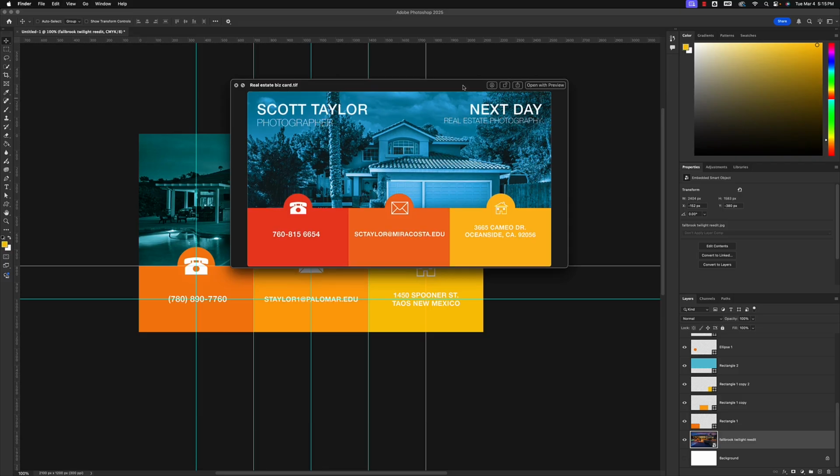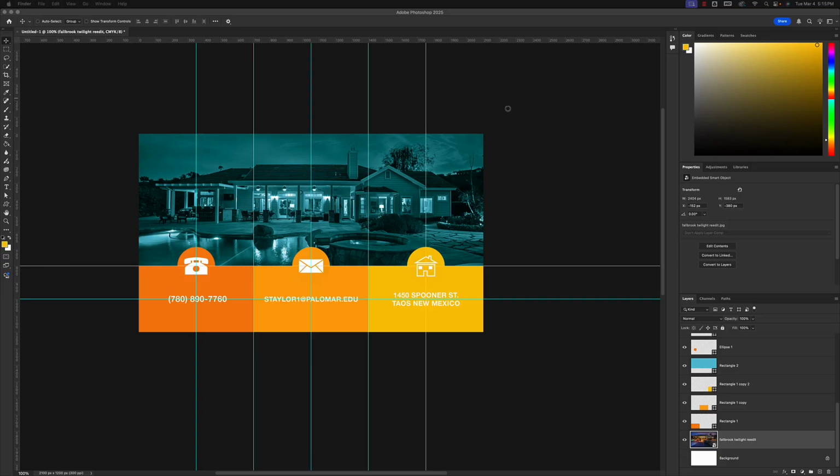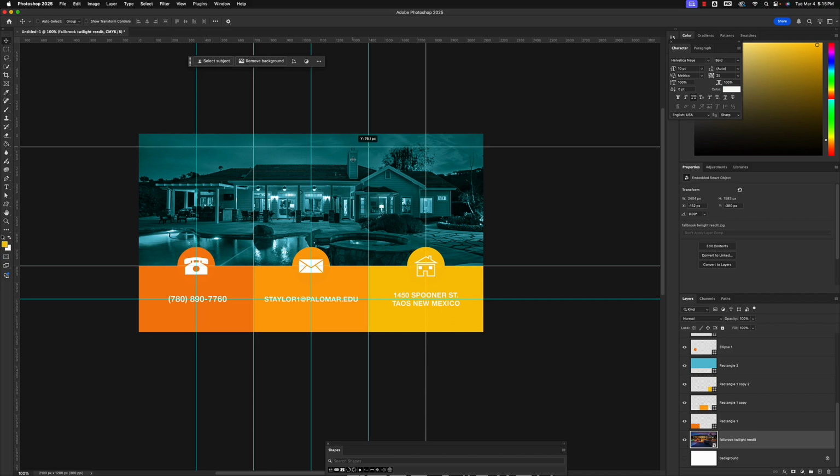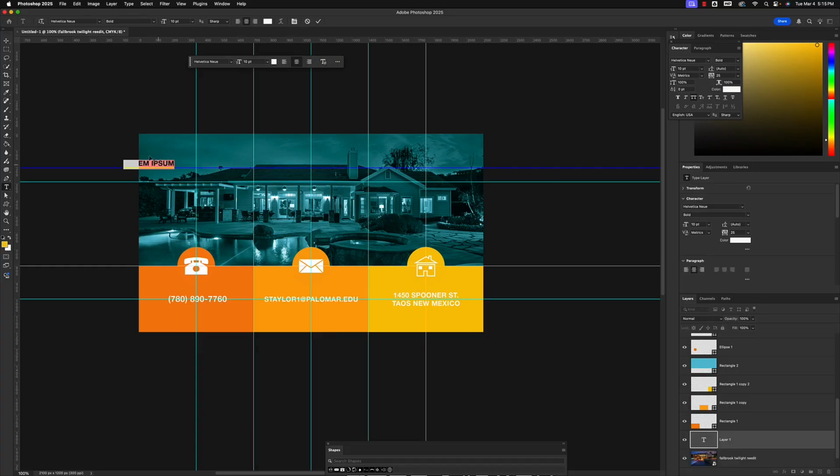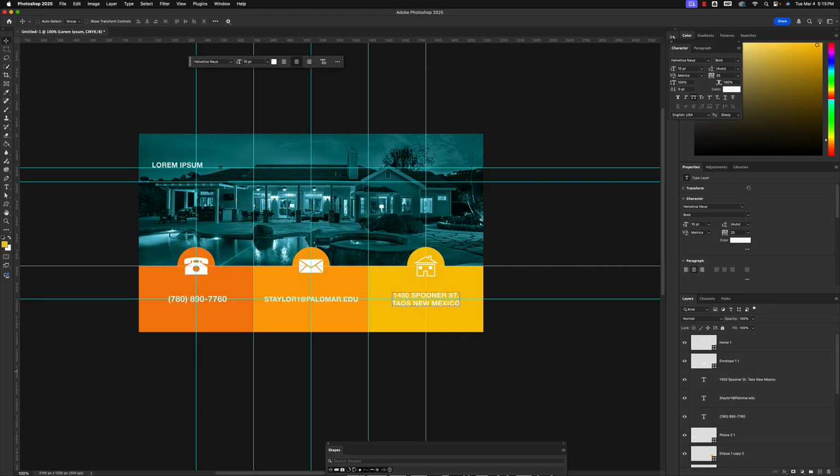Now, am I going to pull out guides again? Absolutely. So let's go ahead and do that. We'll grab a selection tool, come up here and click. We'll drag down a guide for the title and an additional guide for the subtitle. And I might absolutely choose to move these around a little bit, but that at least gives me a good starting point. So I'm going to go over to the text tool. I'm just going to click to put some dummy text on the screen, and then I'll drag it over using the move tool. And at that point, I will find that text, which is actually way down at the bottom,